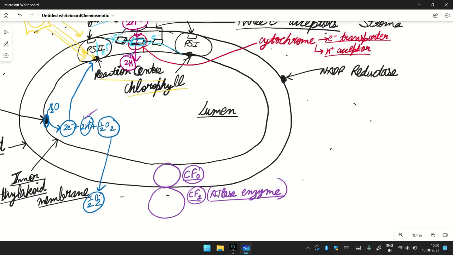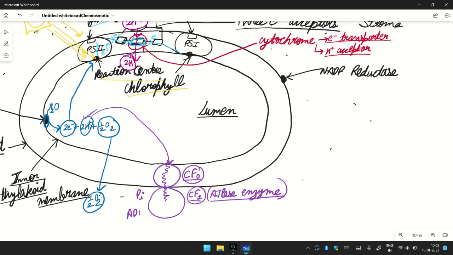As protons move down the gradient, it also releases some energy. So when this proton is going to be transferred here, I'm drawing zigzag lines just to denote that energy is being released in this process. Now our CF0 helps in the facilitated diffusion of our protons, and the released energy is used by our CF1 particle to add an inorganic